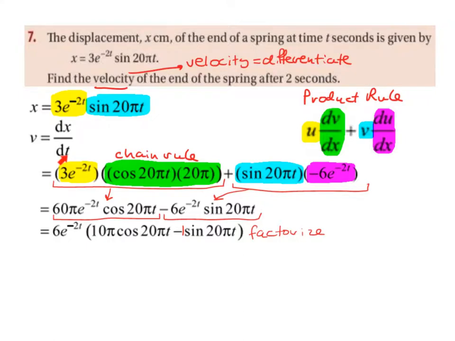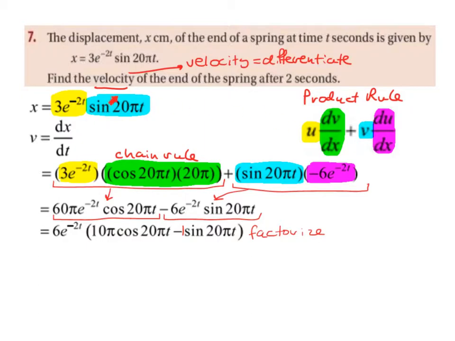So we just write down u, which is 3e to the power of minus 2t with brackets. Then we differentiate v, so v being sine 20 pi t. So we have to use the chain rule for that. So the derivative of sine is cos, so we just write down cos 20 pi t. And then we differentiate the angle. So the derivative of 20 pi t with respect to t is 20 pi. We'll just cross off the t. Remember that pi is not a letter, it's not a variable. Pi is a number. Then we have our plus, then v, which is sine 20 pi t with brackets, and